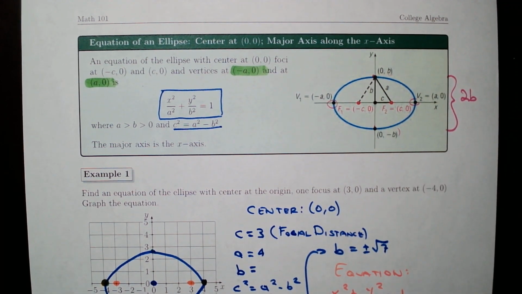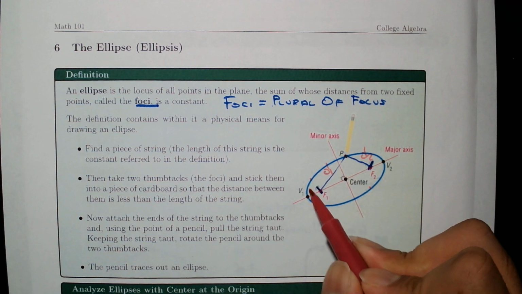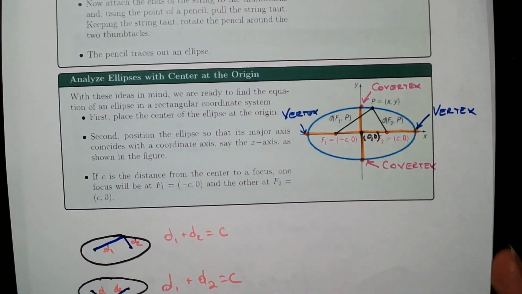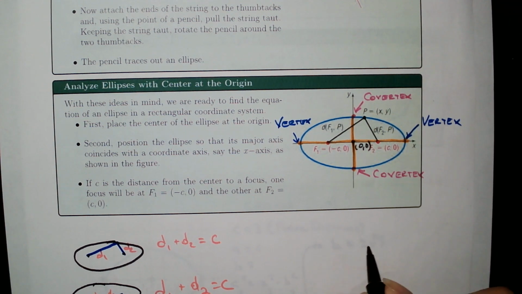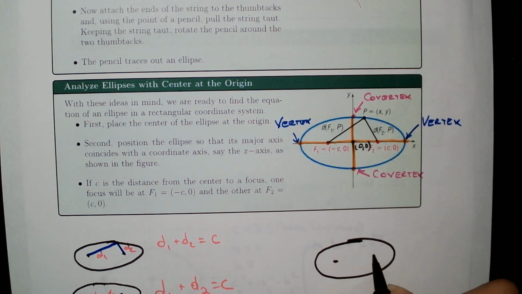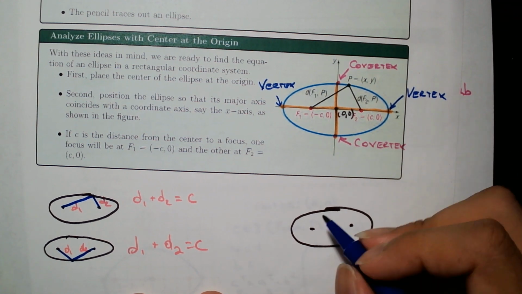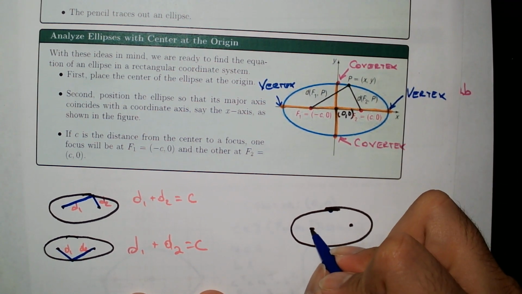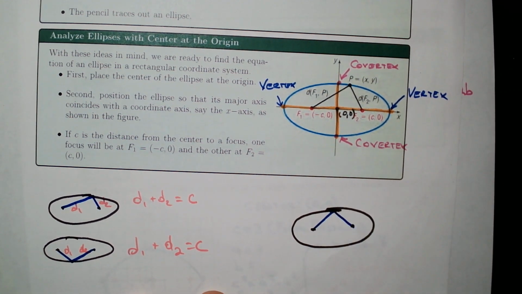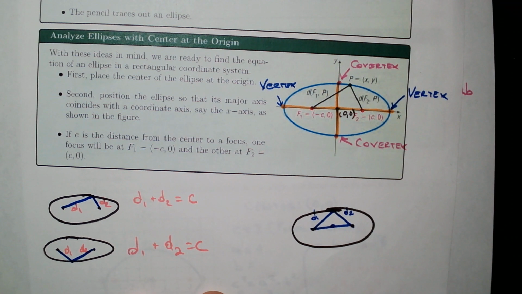Well, let me go back to the previous image. So again, if we keep moving our pencil, we can use that fact and place the pencil in a very convenient place. What do I mean by convenient place? At a place where, in this case, this is the center, this is D1, D2, but the thing is,